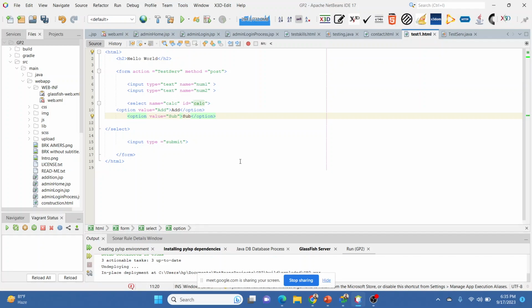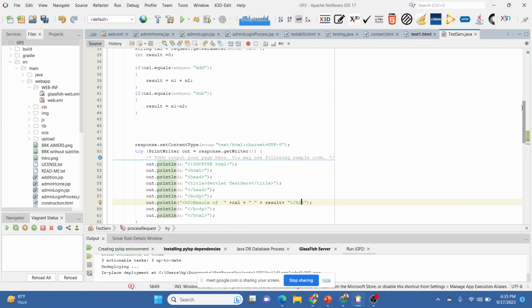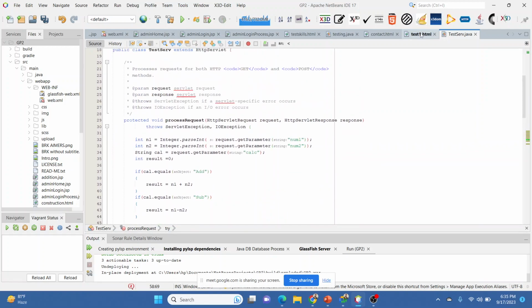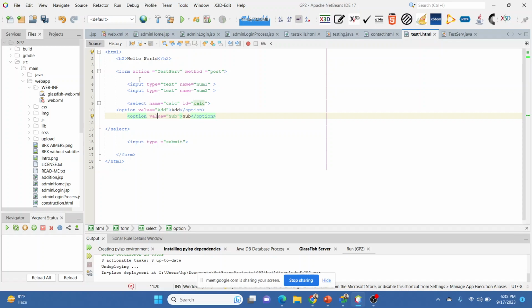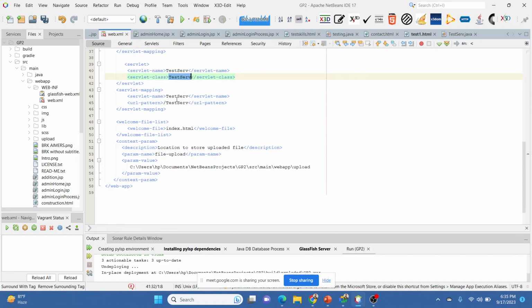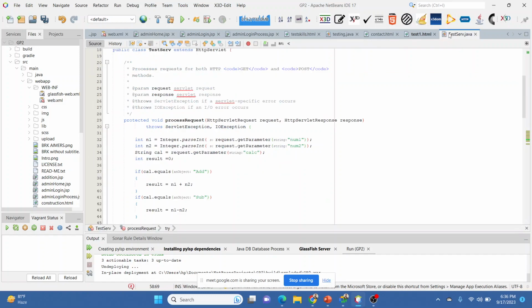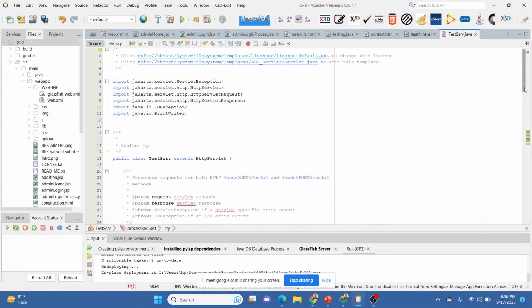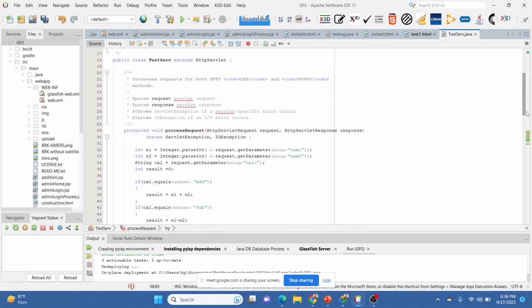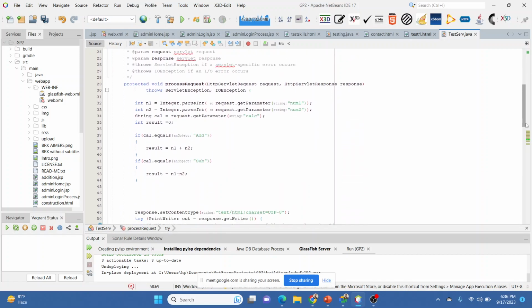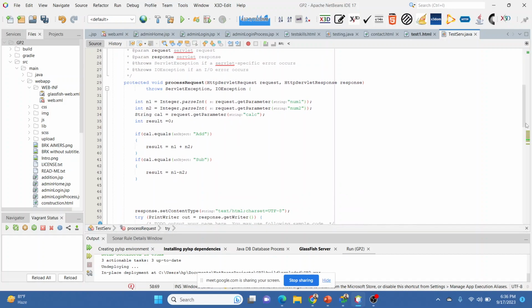When the HTML is live, we have created a servlet that is going to handle both the numbers and do the calculation. When we run this HTML form, it is going to call the test server. First it will go into the web.xml file. It will check, okay, this URL is called and this URL is mapped with the test server servlet class. Then it will go into this servlet class. Now we will start the servlet. When we call a servlet, we start a servlet. First the servlet checks whether it is called through a do get method or do post method.